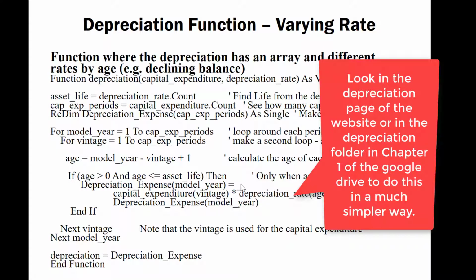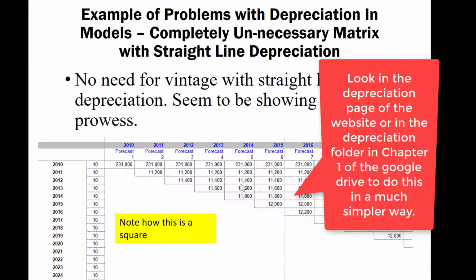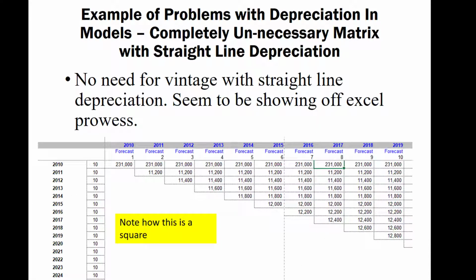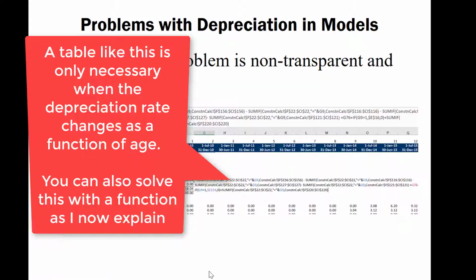If you have a remaining life, that does create a problem, because essentially every time you put in a new expenditure down here, I don't know if this is straight line depreciation or what. There's no excuse for putting one of these tables in, unless you have rates that change over time. If you have changing rates over time, then you have to accumulate when you put the Capex in and what the new depreciation rate is,